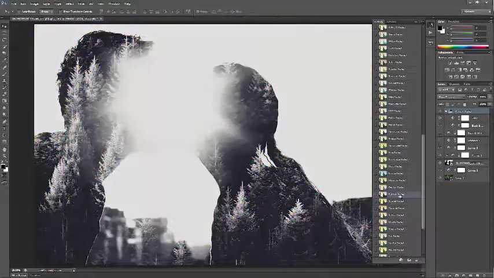We're done! Here are some more examples of double exposure photos created with this